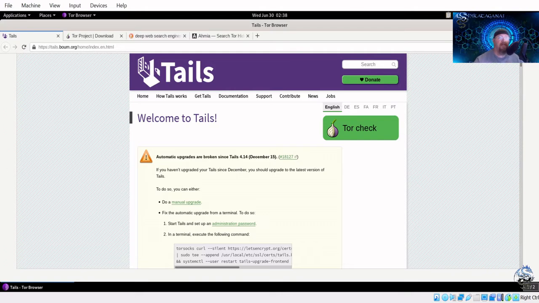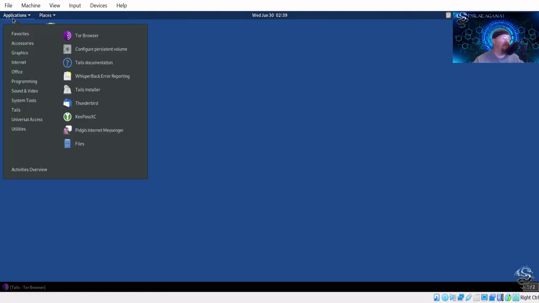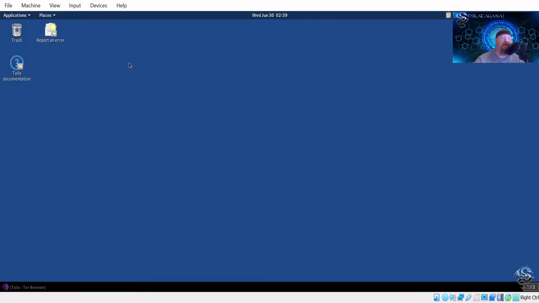So when you get Tails and it opens up, this is all it is. It's nothing really crazy. And you'll see up here, it's got a lot of different things. It's got the Tor browser. And you also have some mail clients. You have KeePass, if you have some credentials or a database you want to use for your credentials. And if you look here, it's even got a version of the alternative to Microsoft Office, LibreOffice. So you've got a full Office suite there. And some programming stuff and video and audio. It's a basic operating system, right? And it's all running in memory.